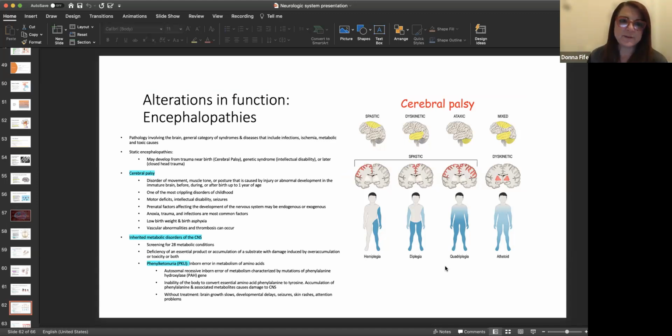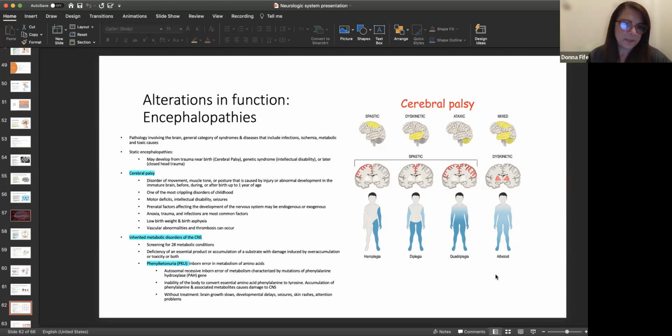Prenatal factors affecting the development of the nervous system may be endogenous or exogenous. There can be anoxia, trauma, and infections, which are the most common factors involved here. Low birth weight and birth asphyxia, and there can be vascular abnormalities and thrombosis that can occur. And the diagram here is just showing different areas of the brain that can be affected and the resulting